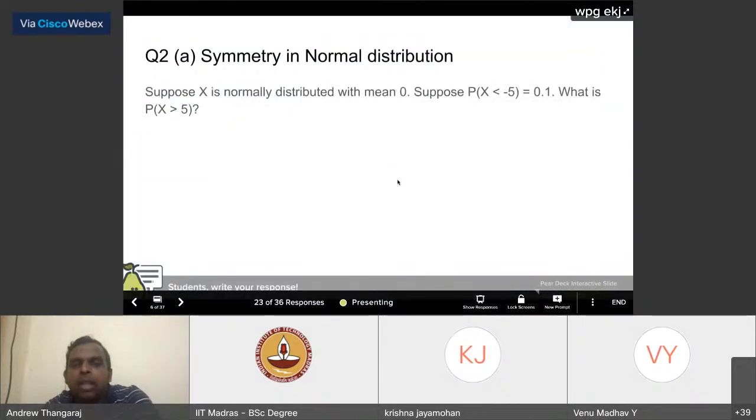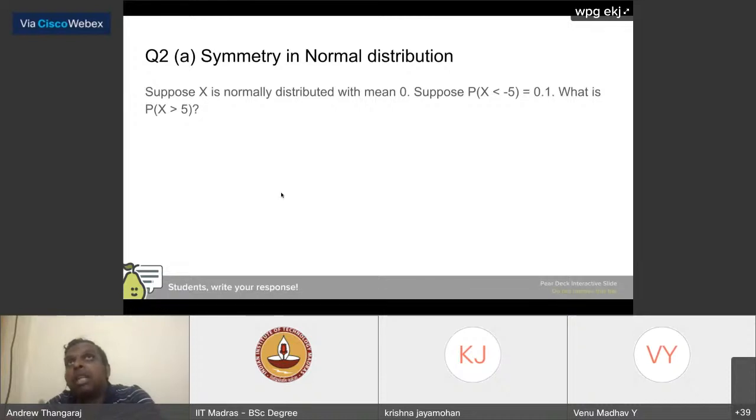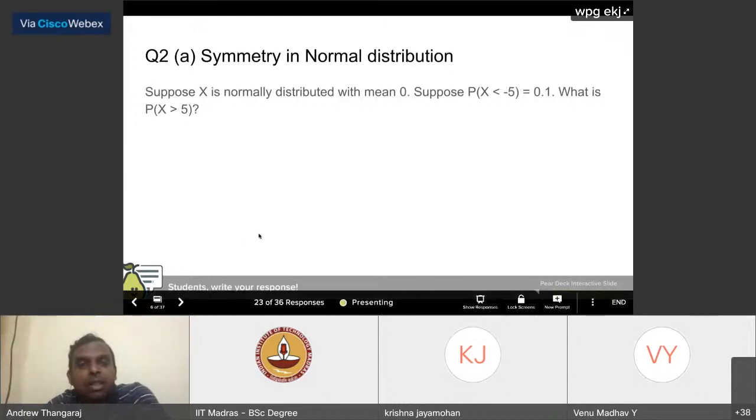So you see that there are indirect ways to get to some nice results about the Gaussian distribution. Somebody gives you the mean of the Gaussian and one probability, any one probability, which is tail probability on either side, and you can actually find the variance. Interesting, isn't it? So it's all similar things. Okay, so now let's push the symmetry a little bit more.